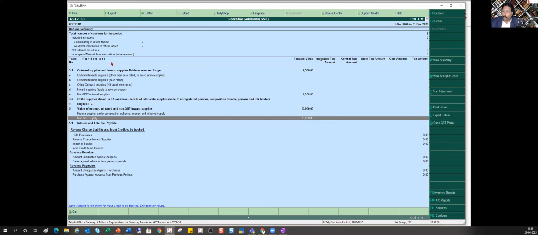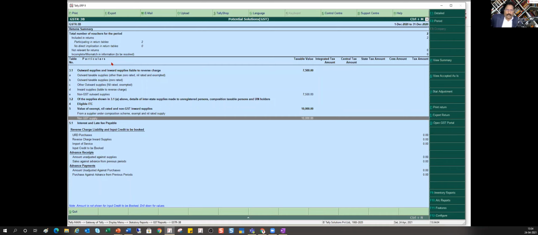Okay, so what we understand from this very important aspect is that nature of transaction, configuring in the master, nature of adjustment, using the proper adjustment will give you 100% GST compliance data for that particular company.